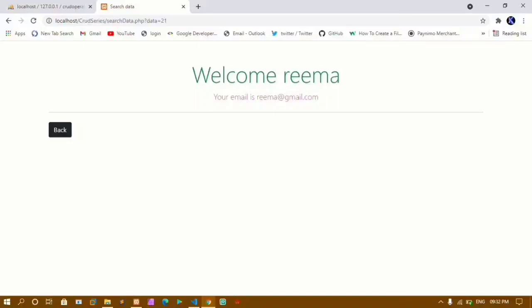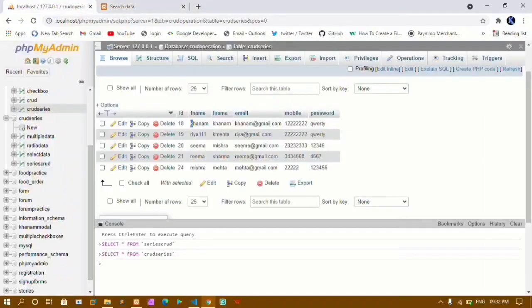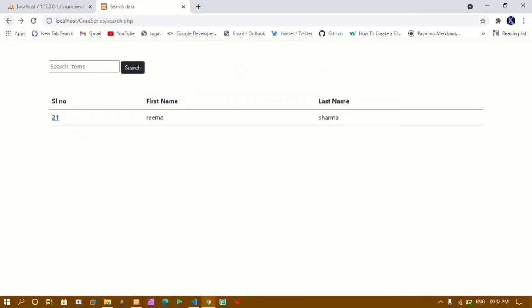Okay, now in this tutorial we are going to learn this one. We will see how to write the code for this and we will understand how to fetch the data from the database. Okay, this entire data, how to search the data and how to display that data here. So let's get started into the course.